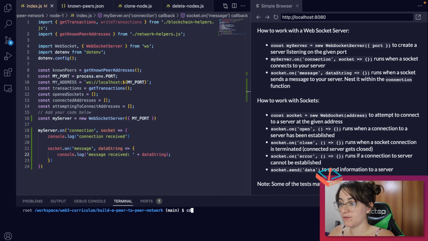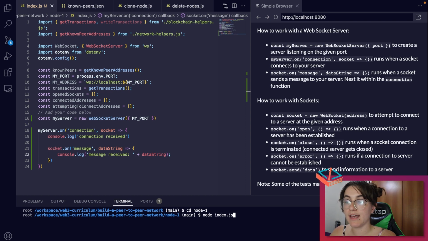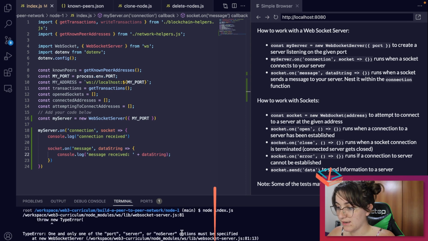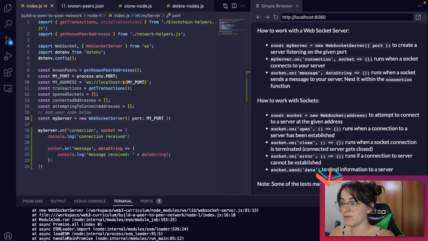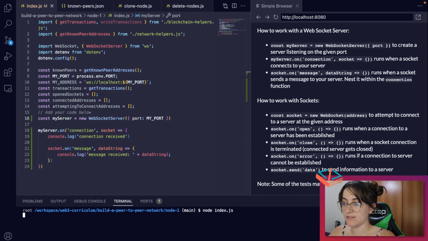Here in our terminal, I'm gonna do cd node1, and I'm gonna do node index.js, and we should see here connection received and the message. And here we are receiving an error. So let's see. This error message is because in here we need to say port, colon, and then we say my port, the variable. So this is the structure. I think this is the one that is giving us a problem. So let's run it again. If I run node index.js,